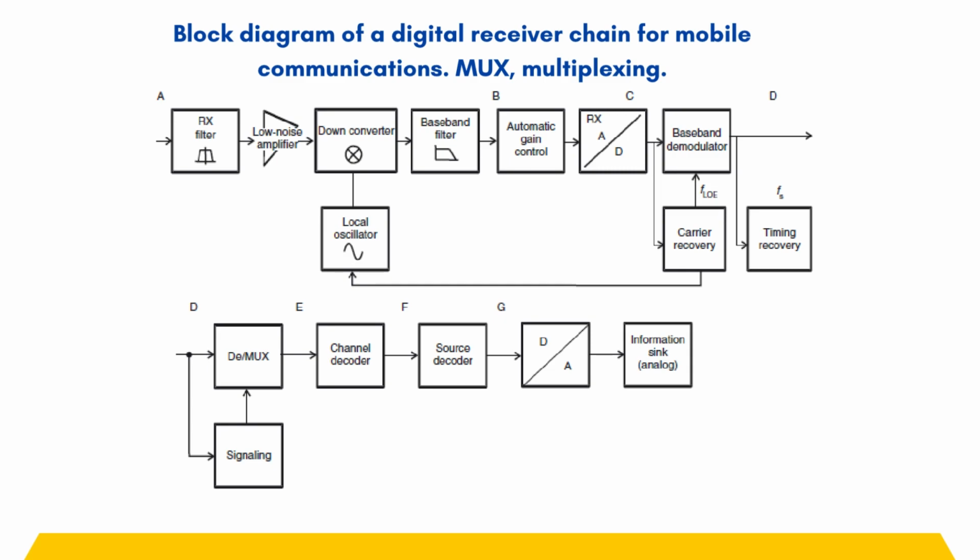The receiver low pass filter provides a selection of desired frequency bands for one specific user. The automatic gain control in the receiver amplifies the signal such that its level is well adjusted to quantization at the subsequent ADC, that is, analog to digital converter. And the receiver ADC converts the analog signal into values that are discrete in time and amplitude. The carrier recovery stage determines the frequency and phase of the carrier of the received signal and uses it to adjust